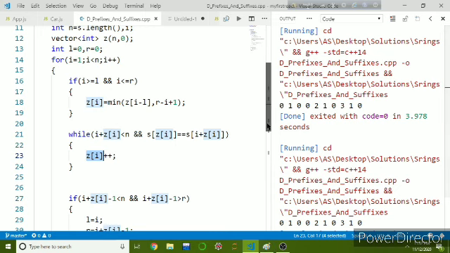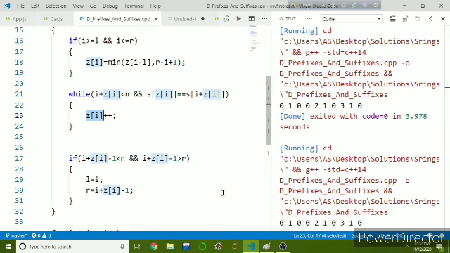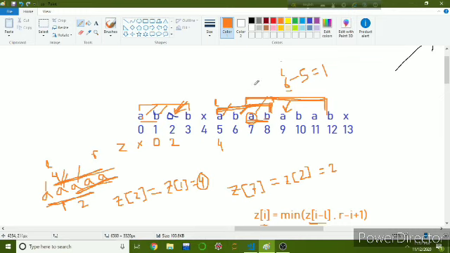So if we have calculated the value of zi, that means starting from I we have a substring of length zi. What will be the last character of that substring?